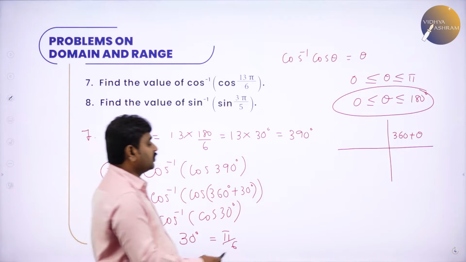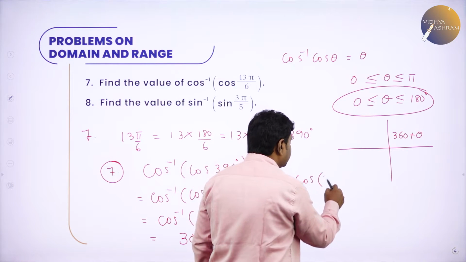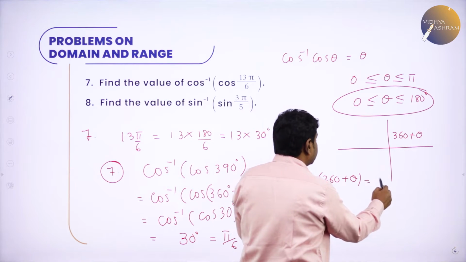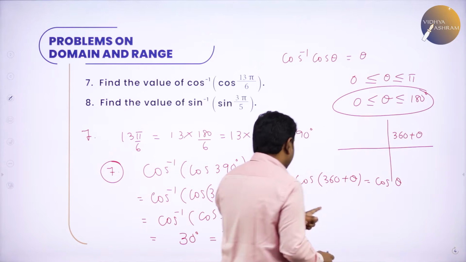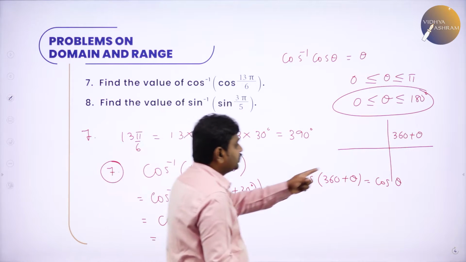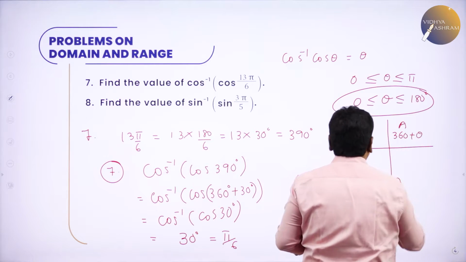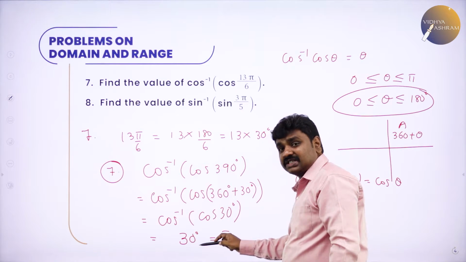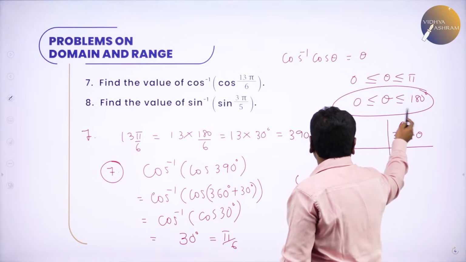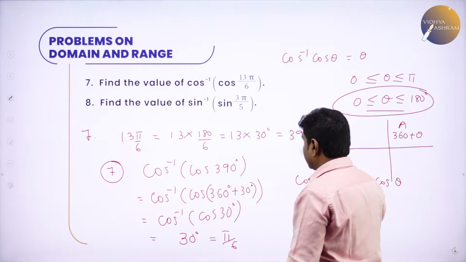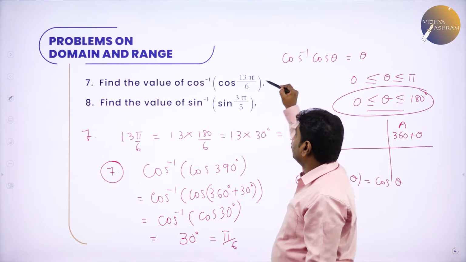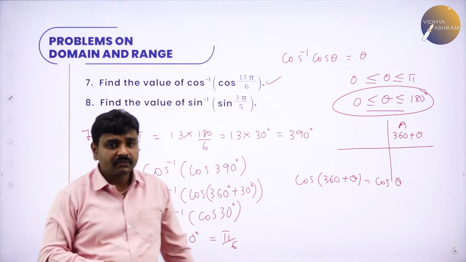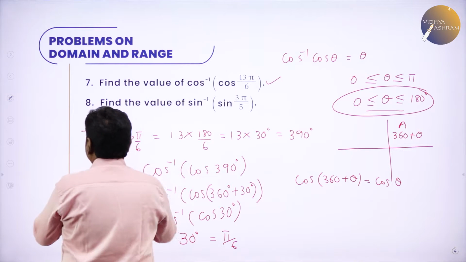We are using allied angles. What is cos of 360 plus theta? For 360 and 180 the function does not change. It will become cos theta. Here in the place of theta we have 30, and 360 plus theta lies in first quadrant. All are positive. So cos inverse of cos 30: cos inverse of cos theta becomes theta if theta is less than 180 and greater than 0. Your 30 degrees lies between 0 and 180. So 30. So we have done this. Are you able to follow this? Now, going ahead.